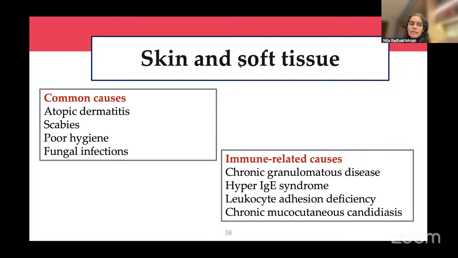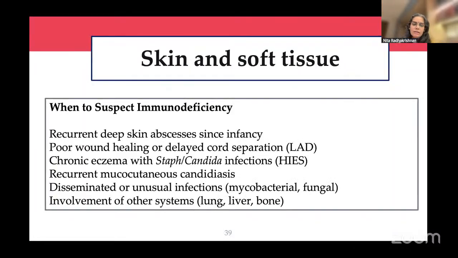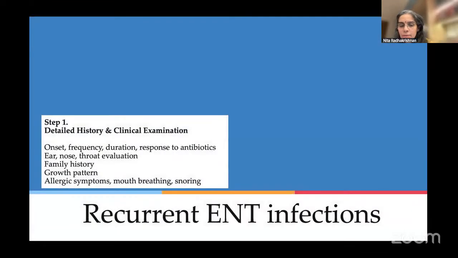And skin and soft tissue infections: a lot of things which we attribute to hygiene, a lot of things which we attribute to malnutrition as well. So all of that apart, from an immune deficiency point of view, it could be many disorders. Many leukocyte adhesion disorders come with skin infections. CGDs can come with skin infections, and many of the other viral infections that were shown earlier can also come. We'll see pictures a little later from now. So whenever you have other system involvement, failure to thrive, patients who have bony involvement, as in skin plus bone involvement, mucocutaneous candidiasis, evaluate early for primary immune deficiencies.